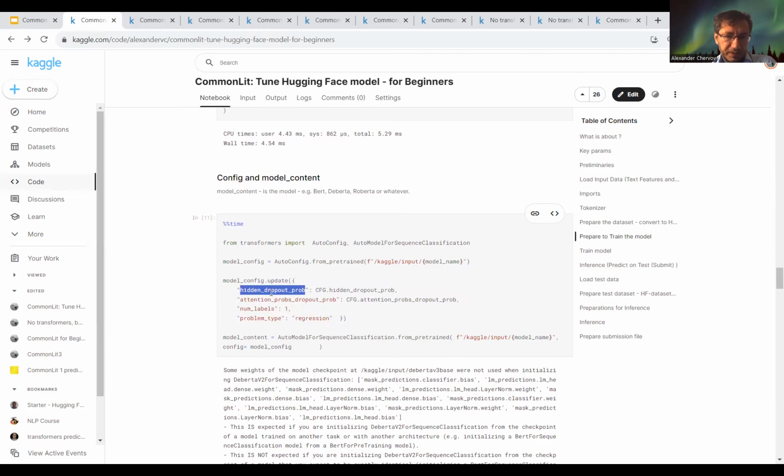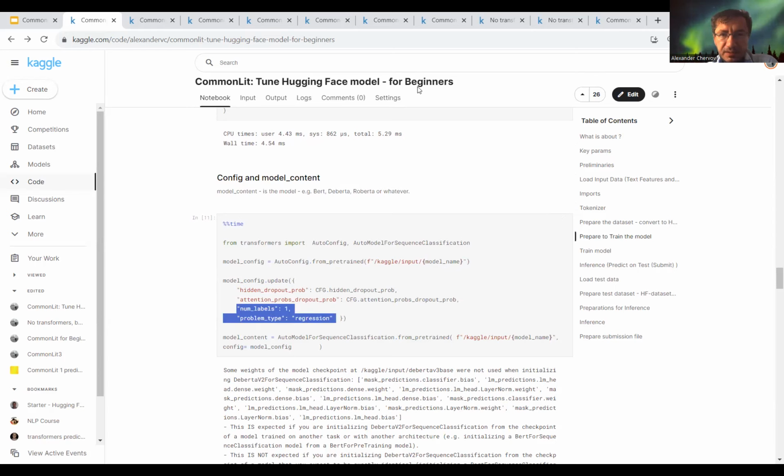There are 2 parameters which people update here: the dropout probability and the attention probability. They set something like 0 here and a small value like 0.02 here. Maybe it's not that important. And what is important here is,